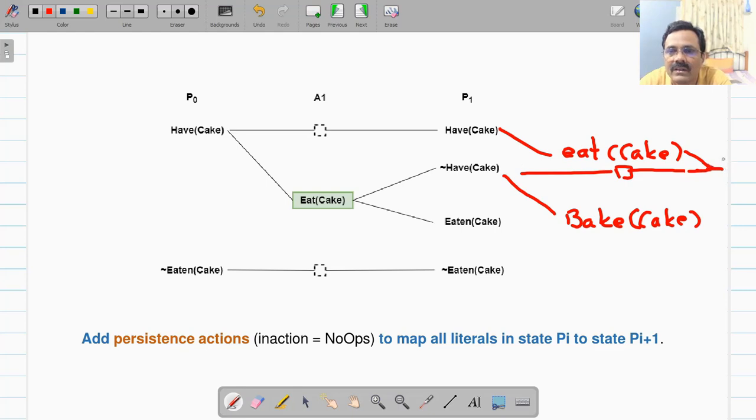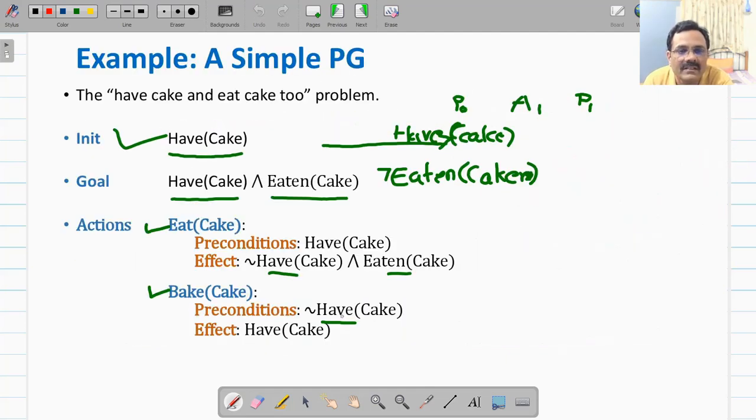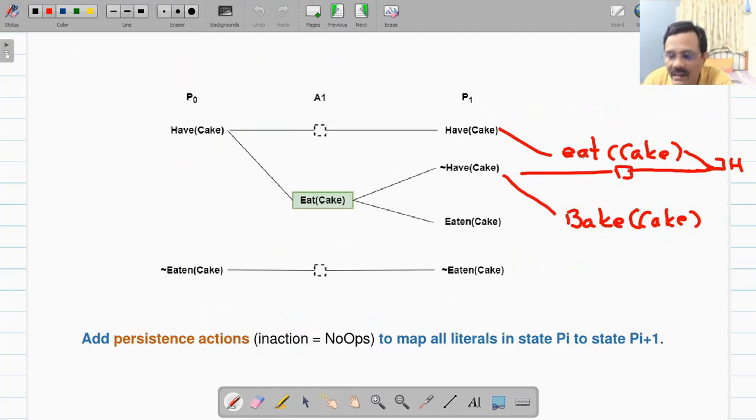So here you will have not have cake, and then another effect of this eat cake is eaten cake. So add another link to the eaten cake. So eaten cake will be available here with a no-op or persistent link, maintenance link. So the effect of this is eaten cake also.